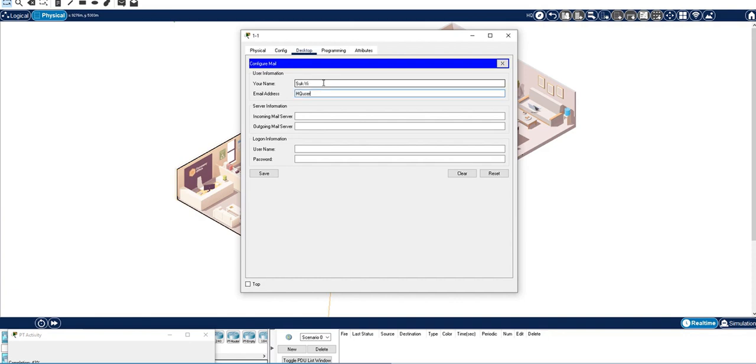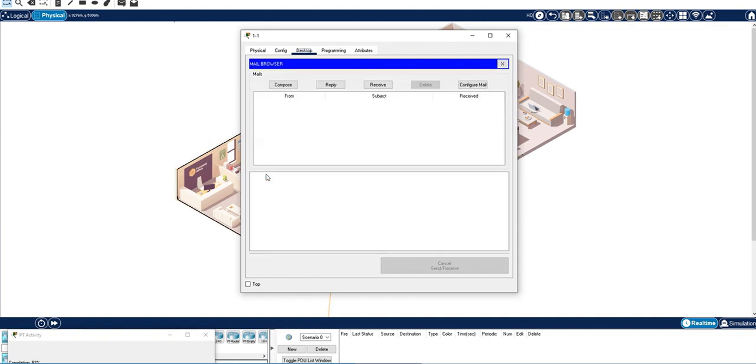hquuser1@mail.cyberhq.com. Incoming and outgoing email servers are both mail.cyberhq.com. Username is hquuser1. Password is Cisco123!! Click Save. Use the information in the table in your instructions to configure email settings for PC 2-3, HQ Laptop 1,